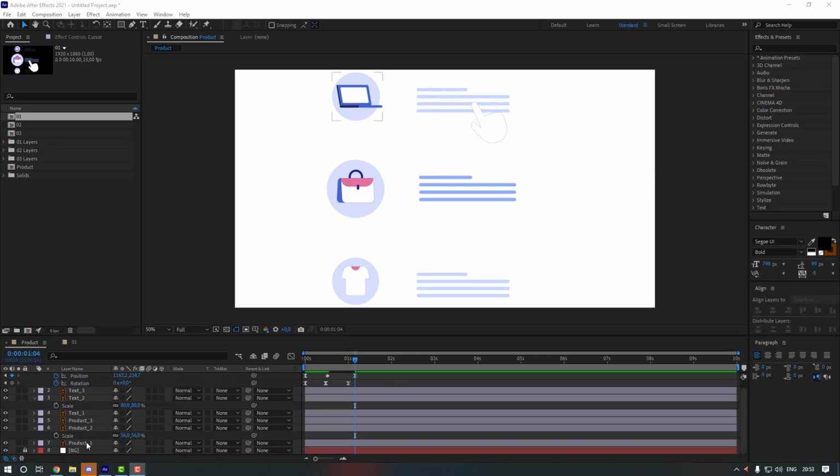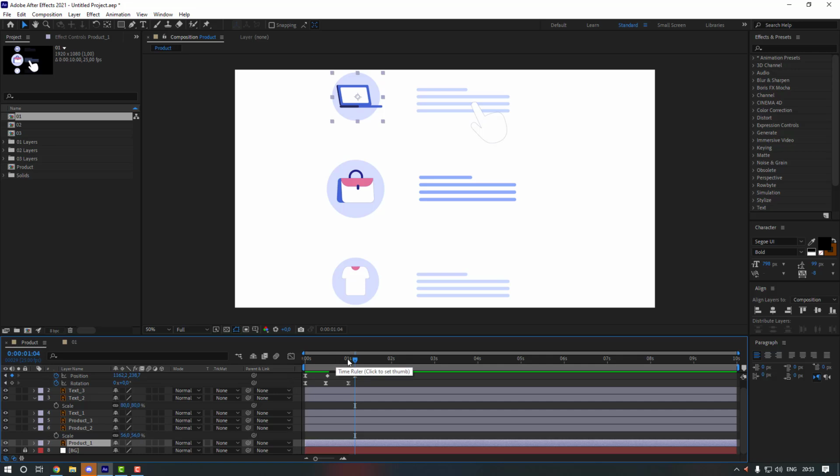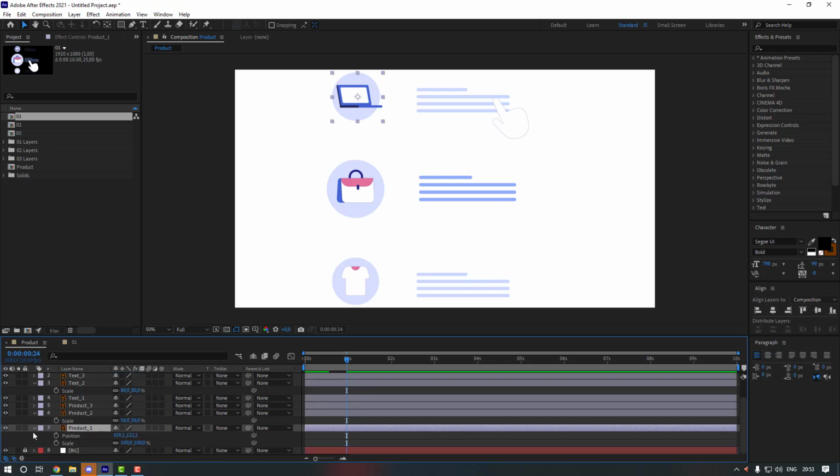Okay, and now let's select this product one. Let's go to here. Now let's press S and hold shift, press P. Let's make both keyframes and go to 10 keyframe. Let's change the scale like this. Now let's move it to the down